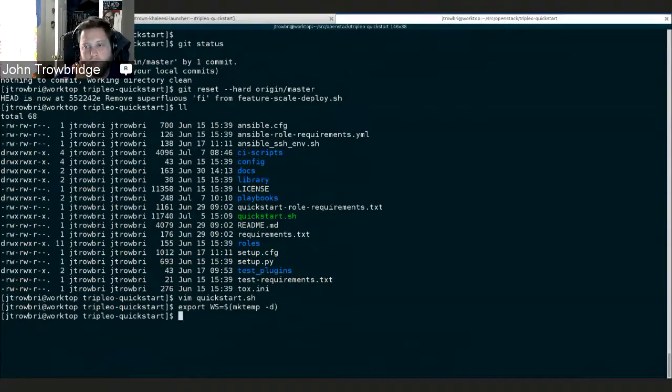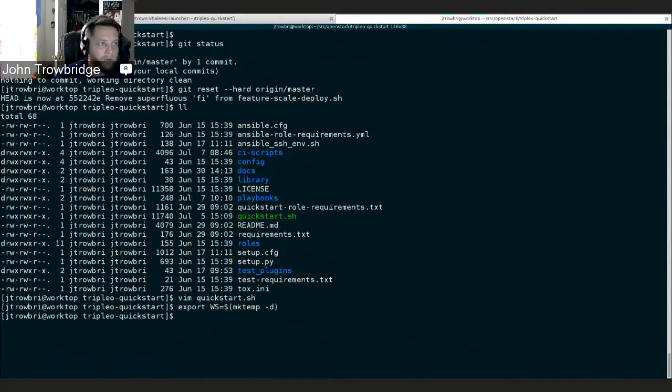It'll create a virtual environment there, install Ansible in the virtual environment, and all of the files it lays down will be in that workspace directory. To get rid of it on your local machine, all you have to do is delete that directory, or if it's a temp directory, it'll go away eventually. Okay,